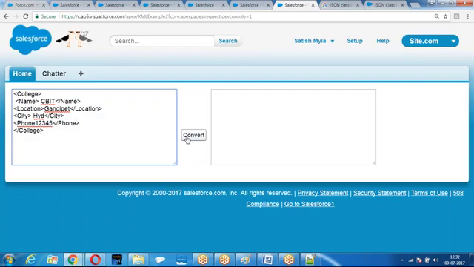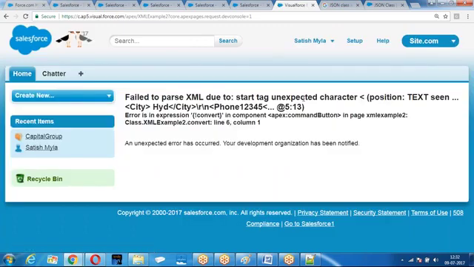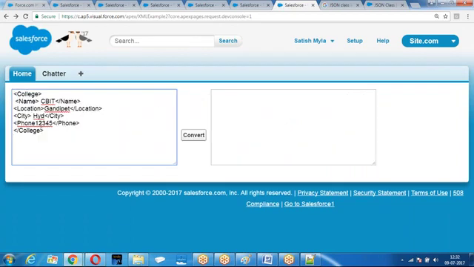So I have given this. Click on convert. What is the problem here? Failed parts because of phone. What is that phone? Not given. So then we got here the data. From the XML, whatever the data I gave, I got name of the element, value of the element.